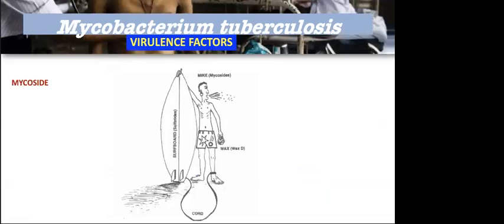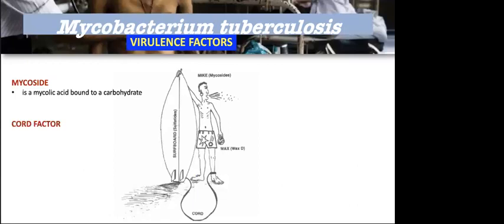So our Mycobacterium tuberculosis are infectious primarily because of very powerful virulence factors, okay? Aside from the mycolic acid that they have. But most of its virulence factors are actually based on mycolic acid, like mycoside. So mycoside is a basic virulence factor. It's a mycolic acid that's bound to carbohydrate.